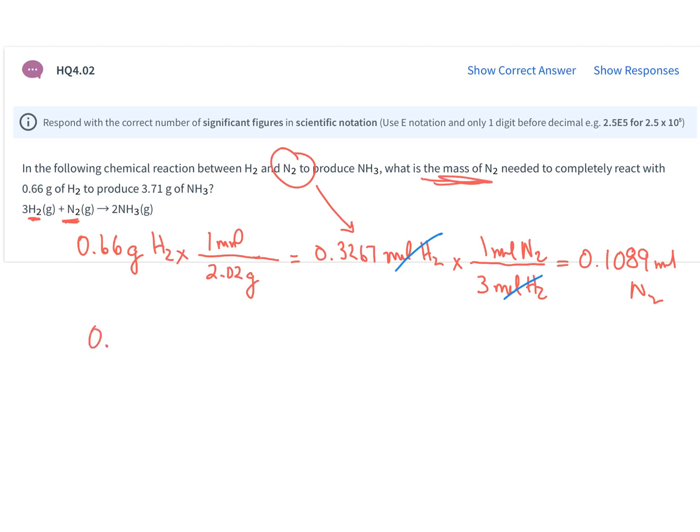We're not done there because we were asked to find the mass. So now, right, now that we found moles of nitrogen, we can determine the mass of nitrogen because I know for every 1 mole of nitrogen, we go to the periodic table, look up nitrogen. Nitrogen is 14 grams per mole. I have 2 of those, so I would need to have 28 grams of nitrogen for every 1 mole of nitrogen. Multiply that by 28, and we get